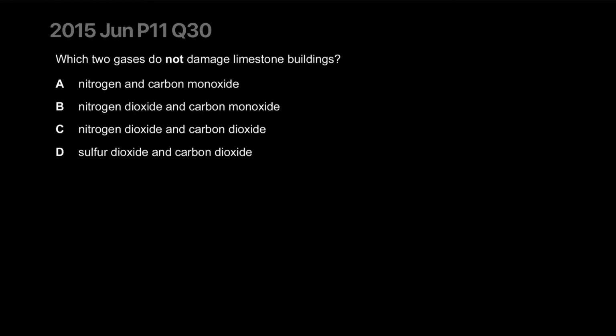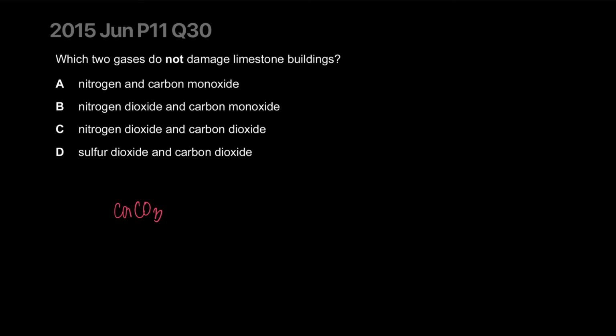Which two gases do not damage limestone buildings? Well, limestone is primarily calcium carbonate. If you want to read more about it, you'll find this in the air and pollution chapter. With acid rain, acids will generally easily react with carbonates, turning it into calcium oxide and carbon dioxide. So buildings made out of limestone will, over time, start eroding because of